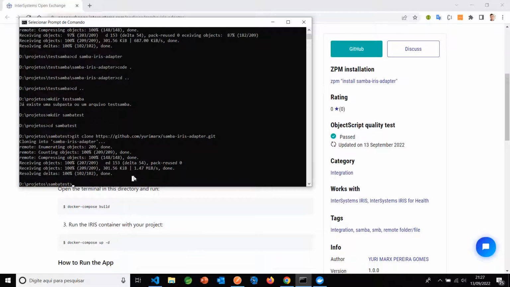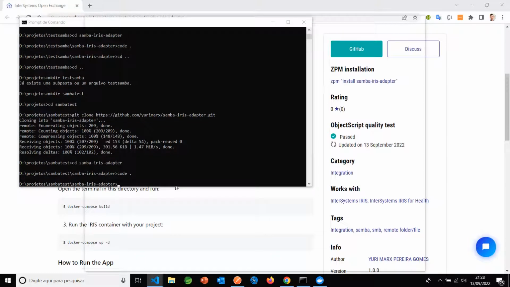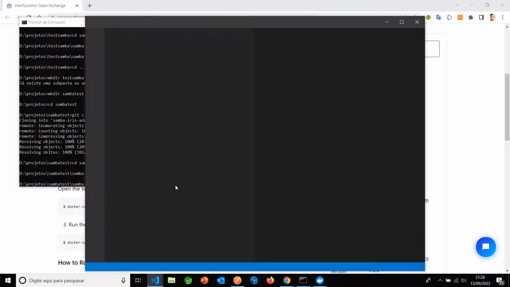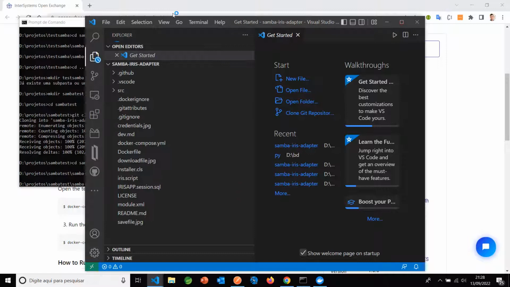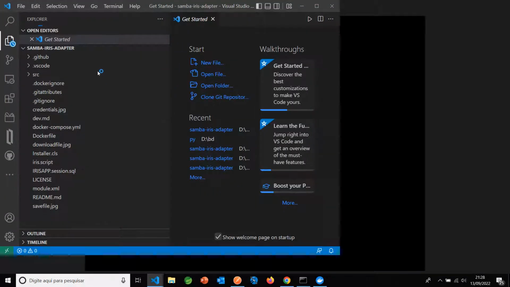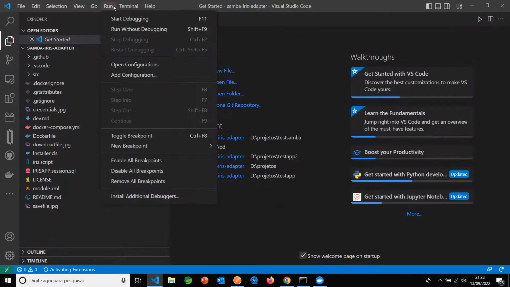I will use VS Code to run the app, edit, and see the files of the project. Okay. Code dot. I will trust. Now I will open the terminal